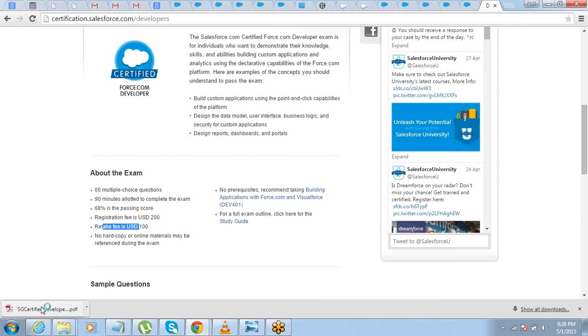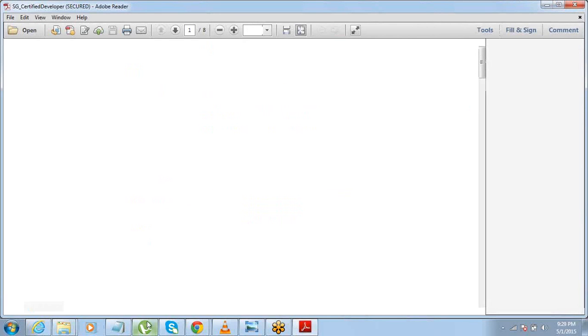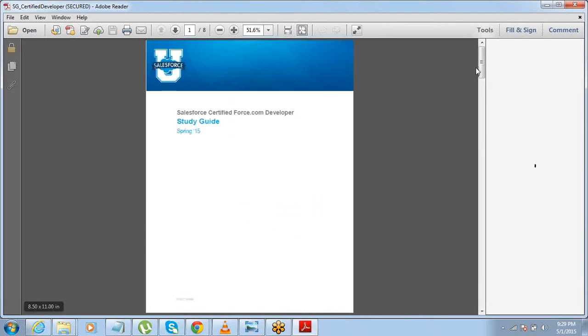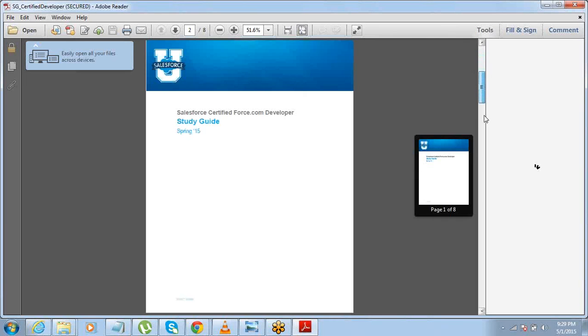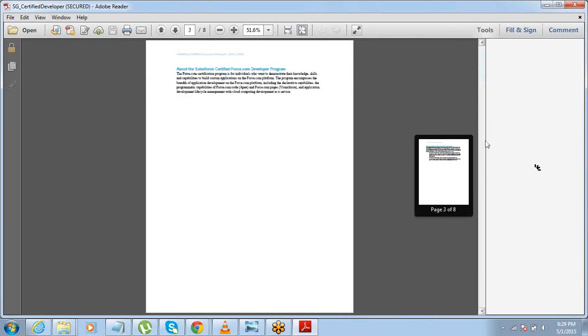Also, if you look into this developer certification exam, there is no Visualforce, no Apex. So this is a simple exam. In case you are required to go for certification, go for this one. Anyhow, you cannot go for advanced developer before clearing this, so this is the only option that is left for you.